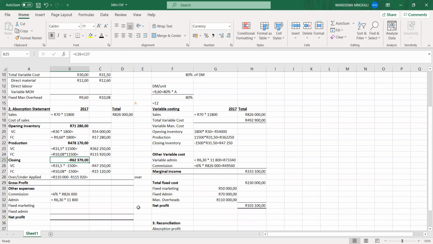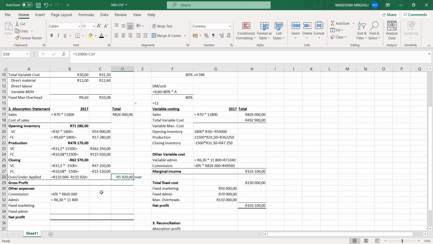To get whether your manufacturing overheads were over or under applied, you need to take your actual minus your applied. So we have 110,000 Rand minus the 115,920, which is the fixed portion of my production. The difference between the two will then give you a minus 5,920,